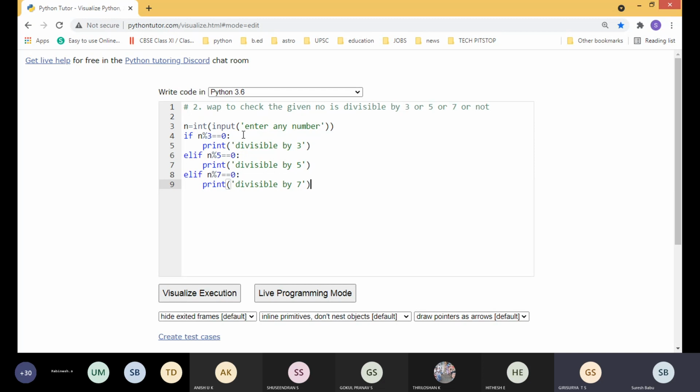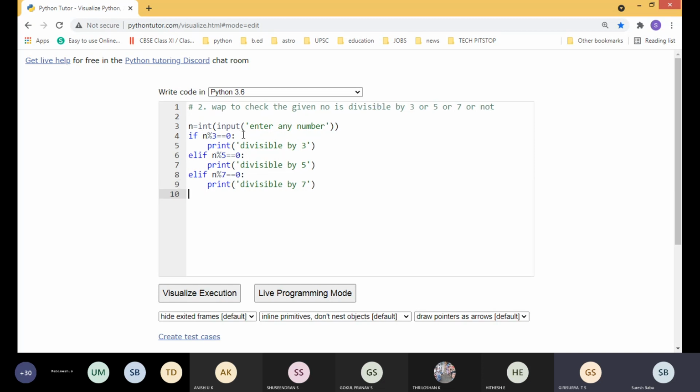Suppose this also is not satisfied, then else: we can give the else part. This particular number is not divisible by 3 or 5 or 7. Okay, we can say like this.